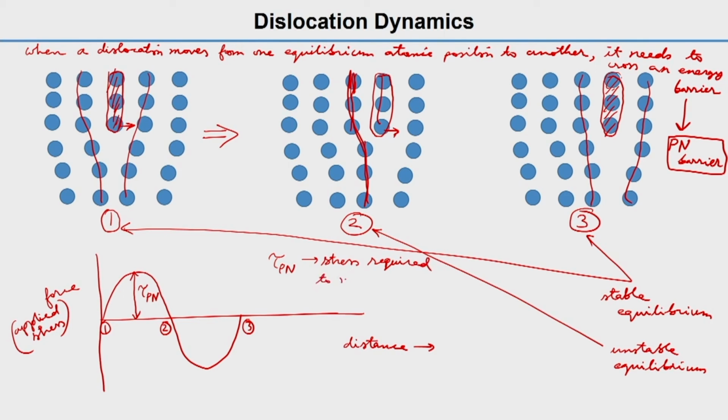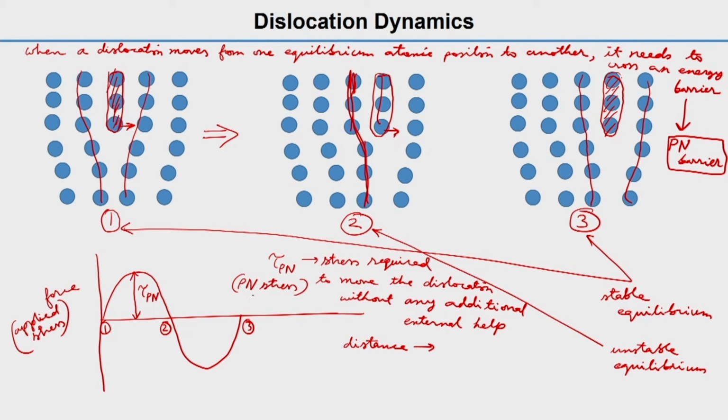to move the dislocation. Dislocation means this dislocation in the above figure, without any additional help, which also means that there is no interaction from other dislocations or other defects, without any external help, is called the PN stress, that is the Peierls-Nabarro